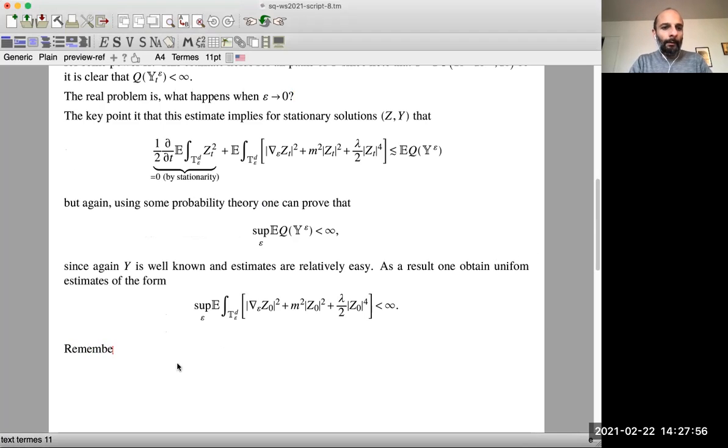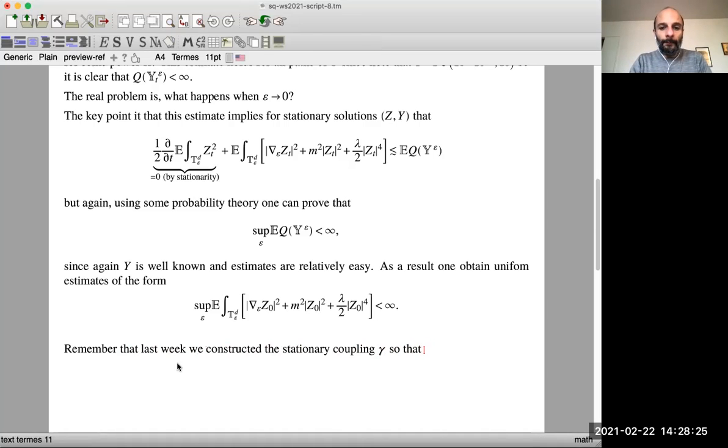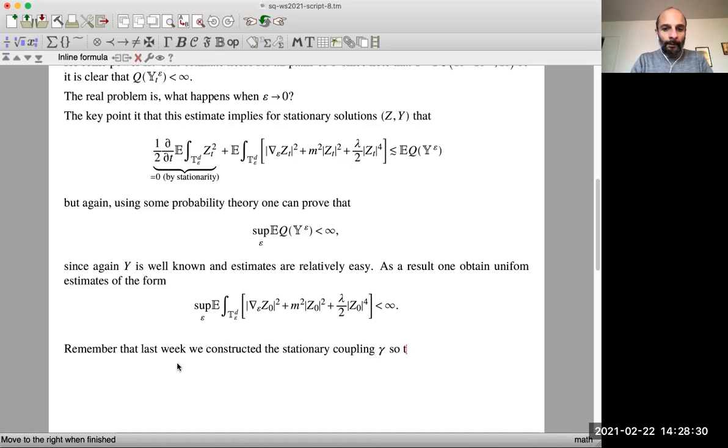Okay, so remember that last week, we constructed the stationary coupling gamma, so that under gamma, yeah,